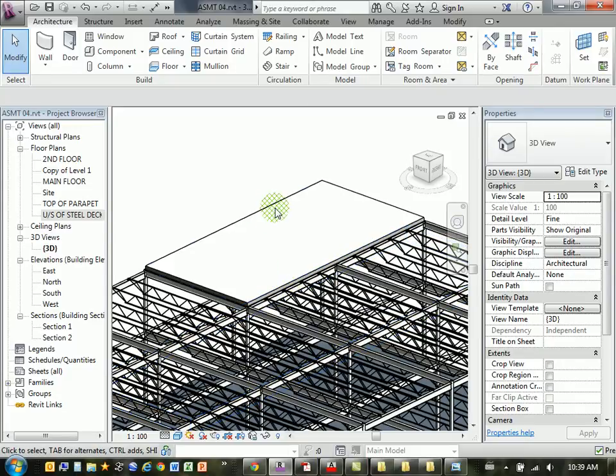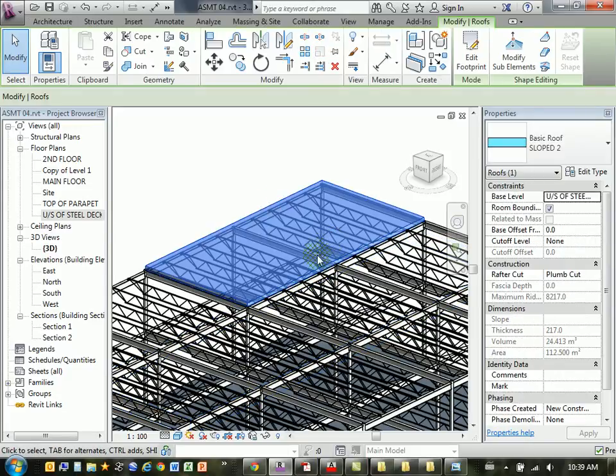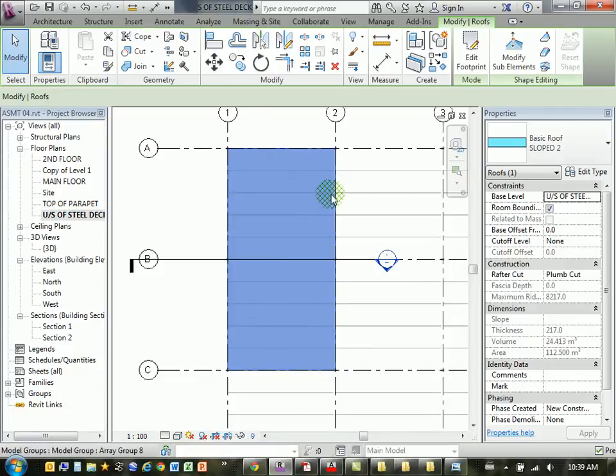So now, I actually forgot one element here. So here's my roof panel. Remember, as I drew on the board there, I'm going to have a set of crossing lines, and in the middle of that intersection point, that's where my drain would be. So to mimic that, I'm going to go back to my floor plan view. I've got the roof selected, and there's a tool over here on this Modify Roof tab that appears when I select a roof element. Over here on the right in the Shape Editing panel,